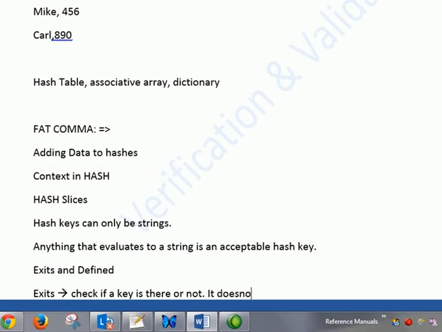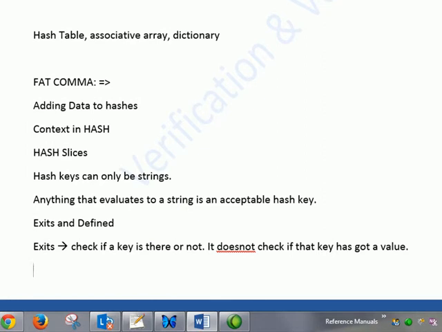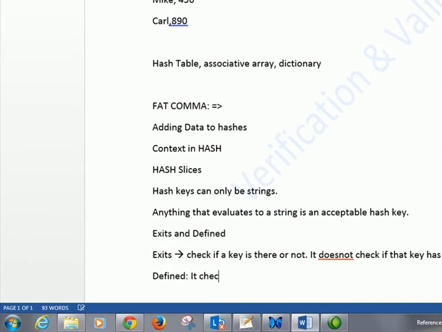It does not check if that key has got a value. While defined checks if a value is associated with a key in a hash.